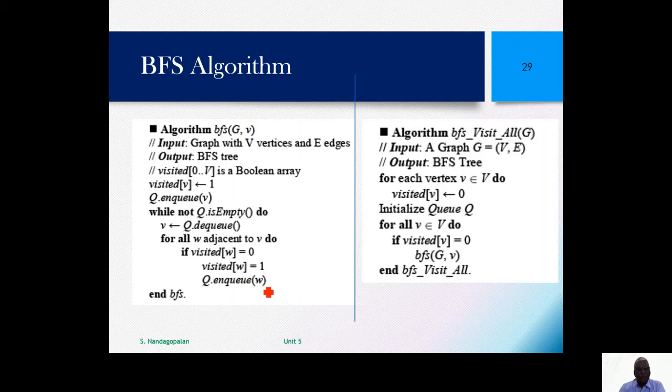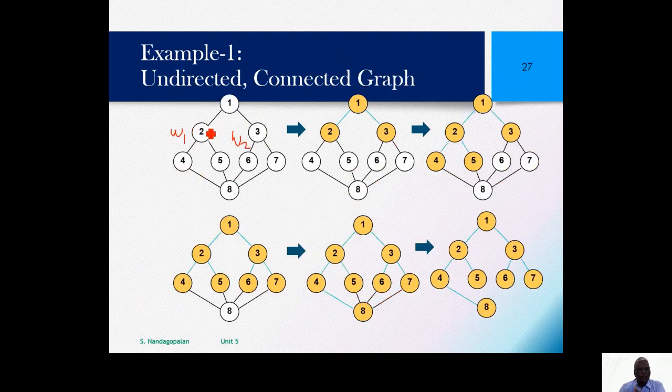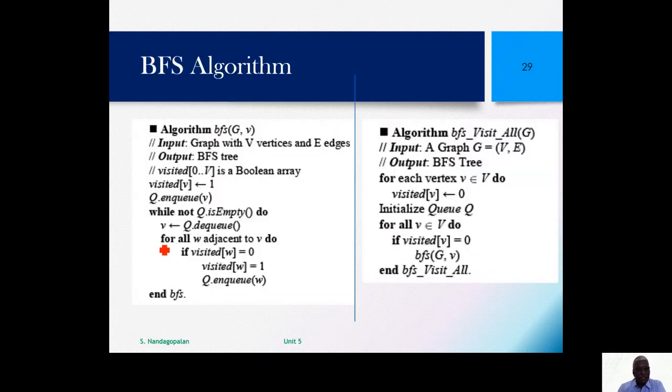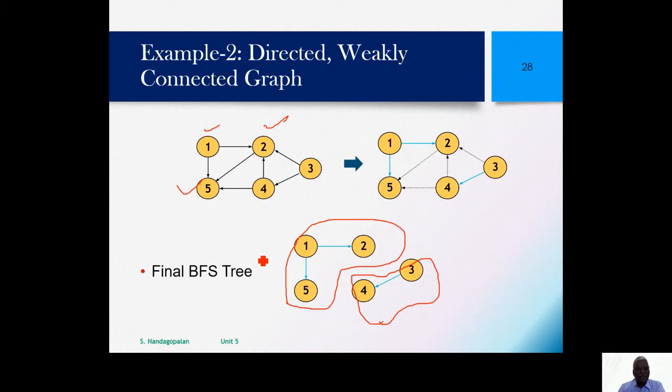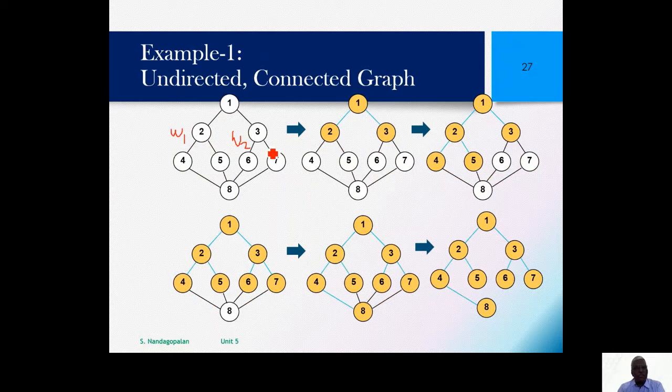So remember, every time we don't put these two vertices at a time; it's obvious that we will try to add each and every vertex. You can see there is a for loop. So for all adjacent vertices W1, W2, W3, whatever be the number of adjacent vertices with respect to V, if at all it is not visited, we'll have to mark that as 1 and add it into the queue. So this for loop will try to add all the adjacent vertices in the queue.